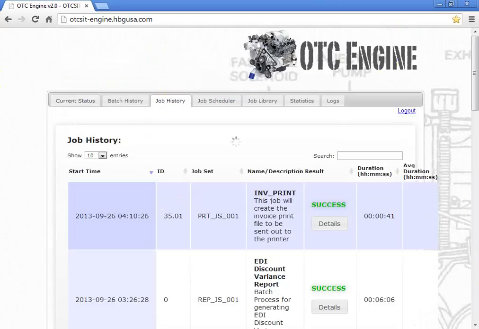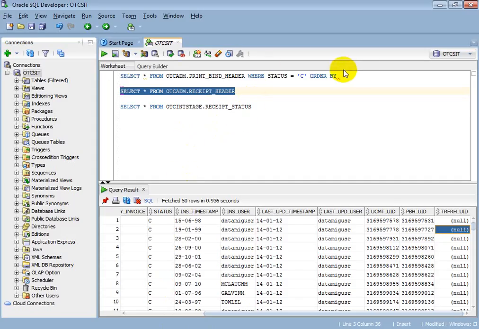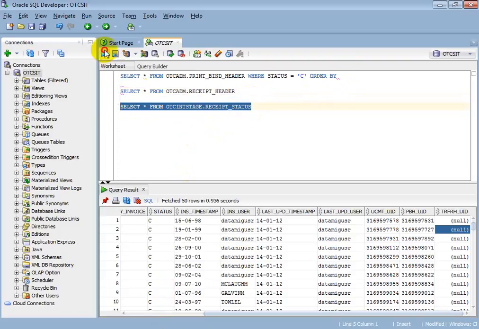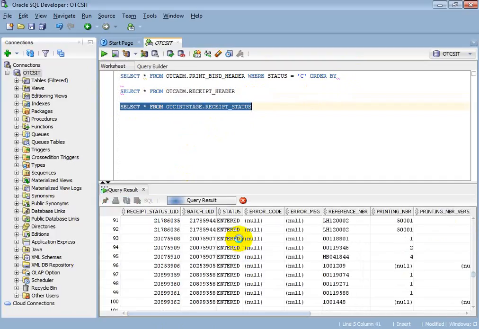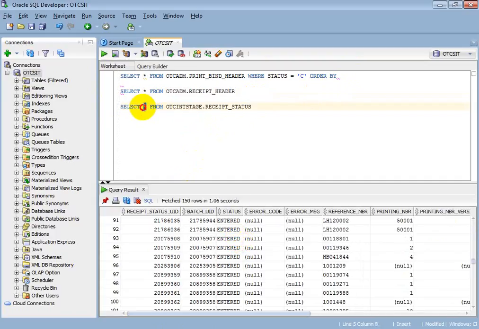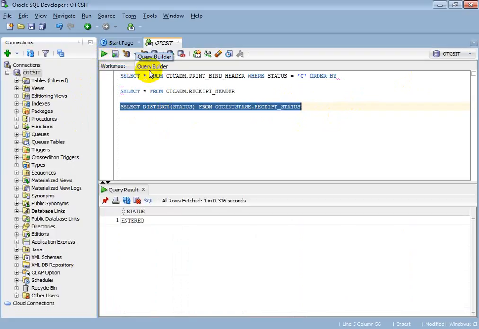So I guess this job has been completed. Yeah, this has been completed. Now these records will get processed. They are still in entered status. Only entered.